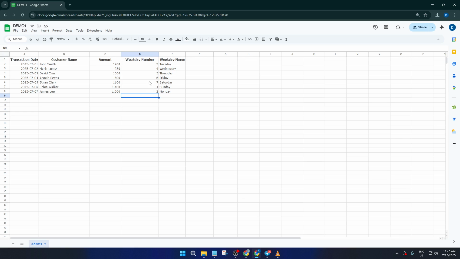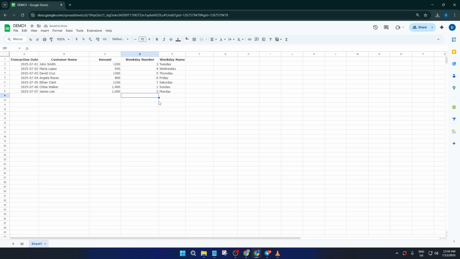Now, instead of retyping that formula for every row, let's save ourselves some time. Hover over the bottom right corner of the cell with your formula, the little blue square known as the fill handle. When your cursor turns into a plus sign, click and drag down to fill the formula for all your other dates. Don't worry if you haven't used this feature before, it's a standard time saver in Google Sheets, and once you try it, you'll want to use it everywhere. As you drag the formula down, each row automatically checks its own date,